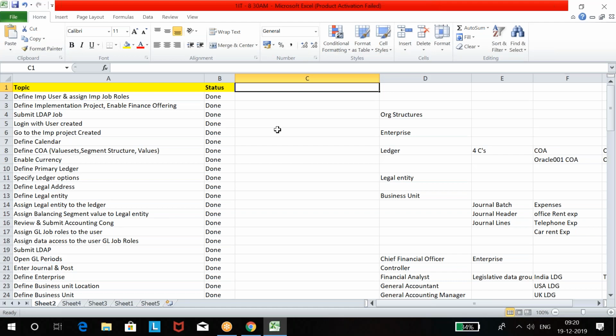But for example, if a company is using only financial modules and not supply chain in Fusion, using some other software for supply chain, then you have to do all those basic setups required to process financial modules. That's why I am showing you the whole finance setups. And when I do financial setups, whatever basic setups are required in supply chain or human resources, I'm doing that part also, because you need to know.